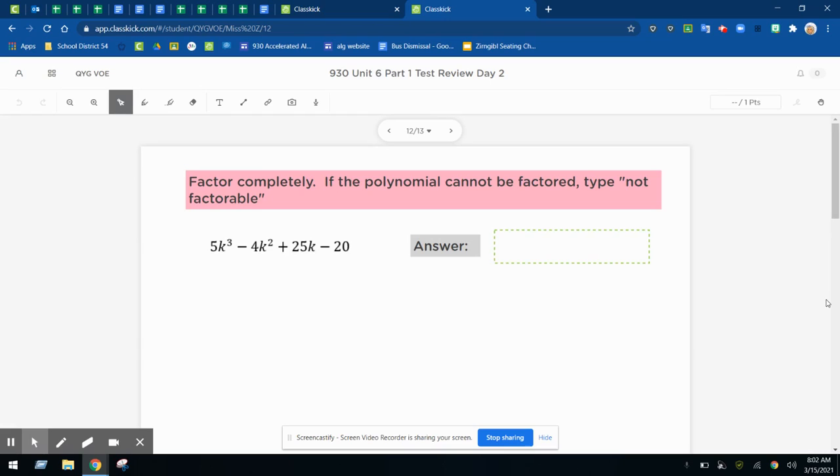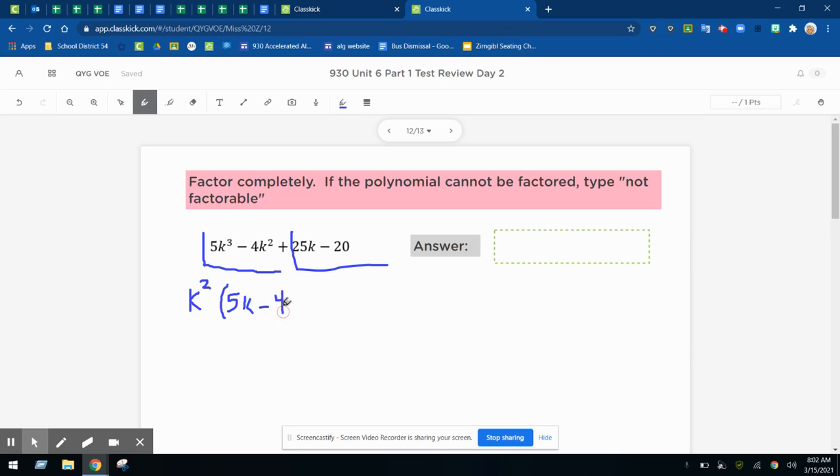All right, it says to factor completely. There isn't a GCF that I can take out of everything in here. So I'm going to start by breaking this up and use my method of factoring by grouping. I'm going to break it up into two pieces and factor those each on their own. So from 5k cubed minus 4k squared, I know that they both have a k squared. So that's what I'm going to take out here. That will leave me with 5k